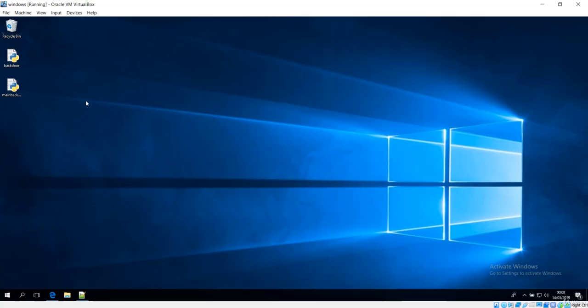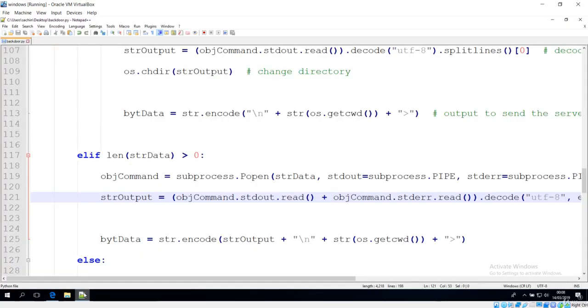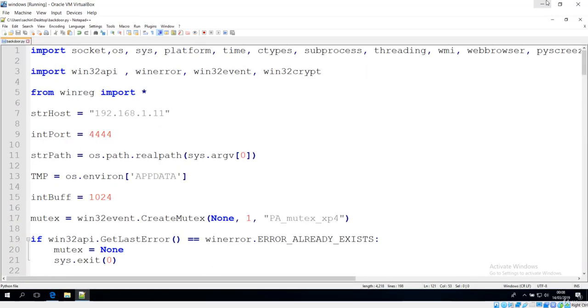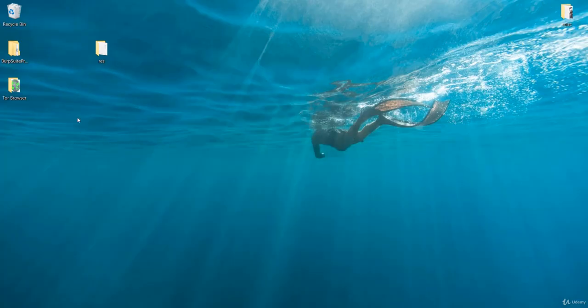So first of all, in order to convert this backdoor into an executable that can run on any of the machines, particularly I want to convert this into an exe because this is a Windows machine. So you can see this is our complete backdoor. We have written this from the beginning of this section. So we have completed all of this in these lectures.